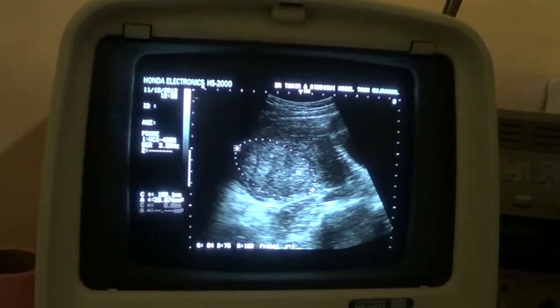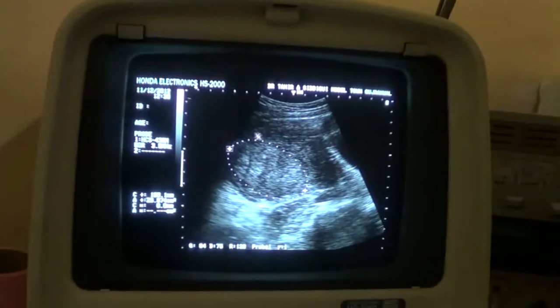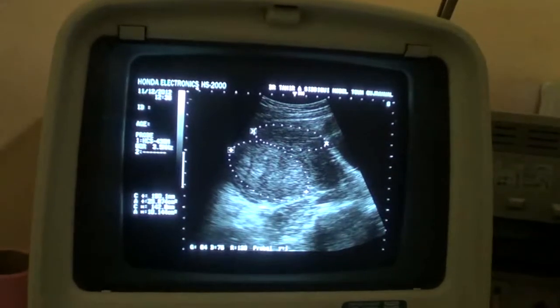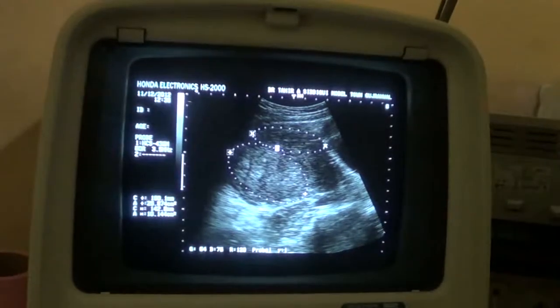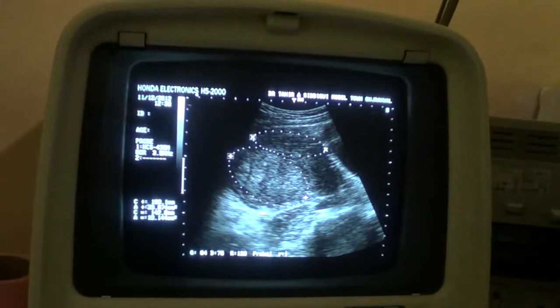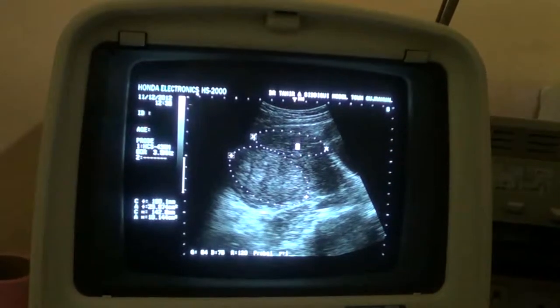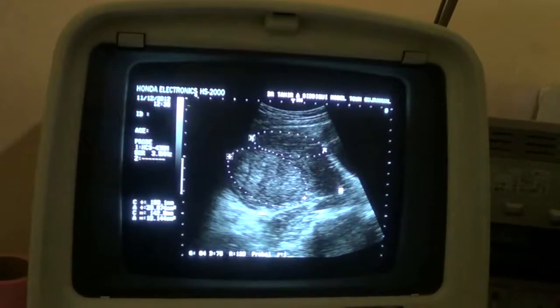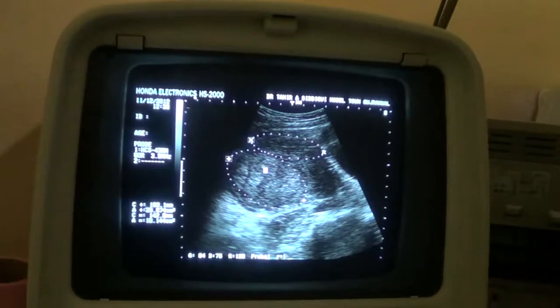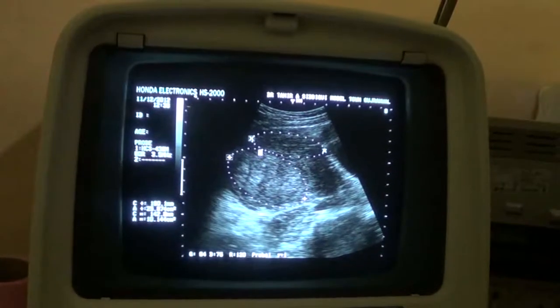This is the uterus, and if you concentrate on the uterus, it is elevated. This is the anterior wall, this is part of the posterior wall, and this central area is the endometrial canal. This is the cervix, this is the urinary bladder, and you can see that because of the posterior uterine wall large fibroid, the uterus is elevated,